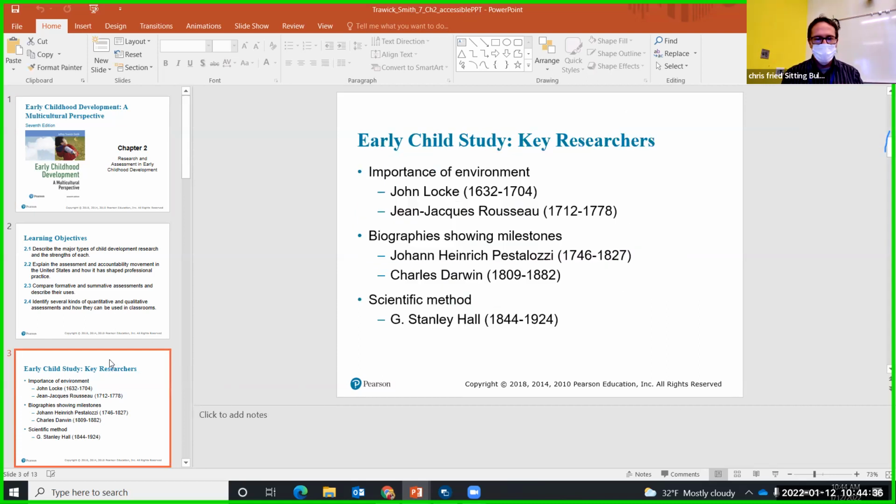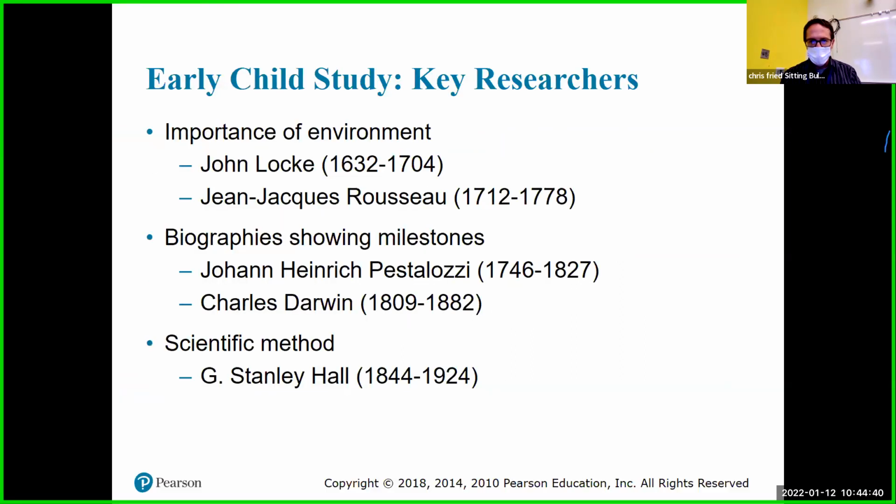Again, a few people in terms of some of the research they've done. Let me bring this up here so you can see it better maybe. In the book, they talk about some of these researchers. Some of these names might be familiar. I'm not going to go into a whole bunch of detail on them, but John Locke, which you've probably heard of before, and Rousseau talk about the environment and have done research on the importance of the environment in early childhood learning, even though this was many, many years ago.